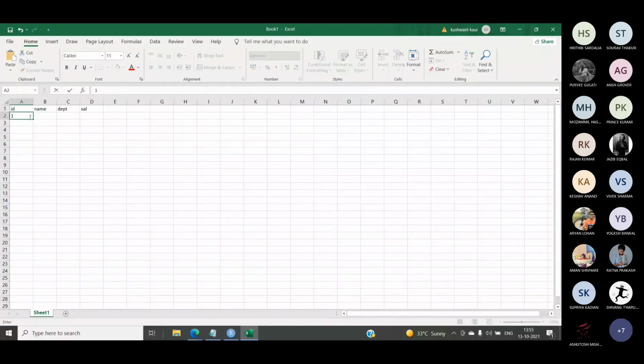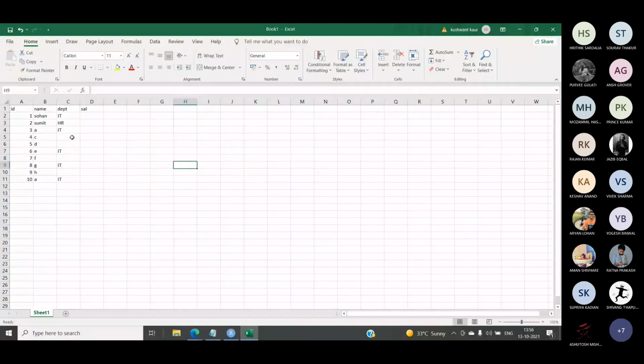Let me take IDs 1, 2, and so on. For names, for easy reference, let me take Sohan, Sumit, A, B, C, D only. For the department, suppose I'm taking IT multiple times, copying IT values randomly, and next the HR department.